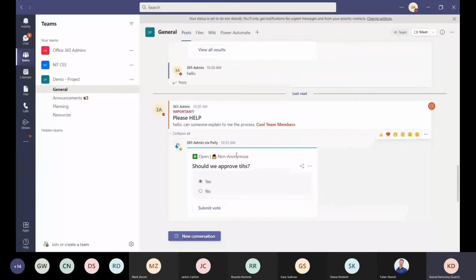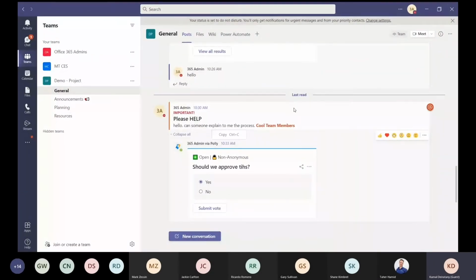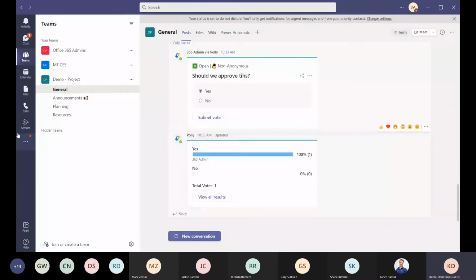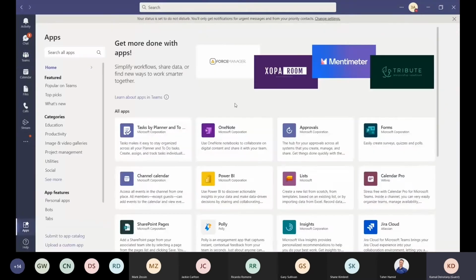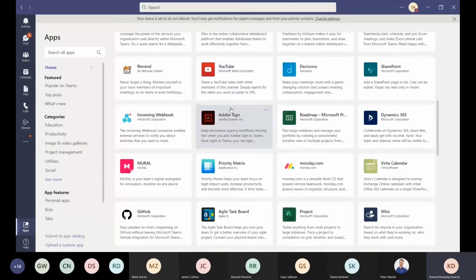Now you might be wondering, how did you get that poll? I'm not seeing it. Well, you need to add it as an app to that team. To do that will take us to the next step, which is adding connectors and third-party apps. There is an app store here at the bottom where you can click on and search hundreds and hundreds of